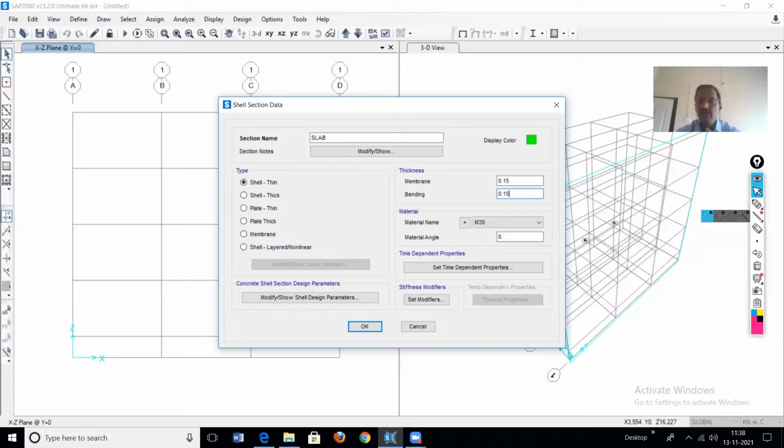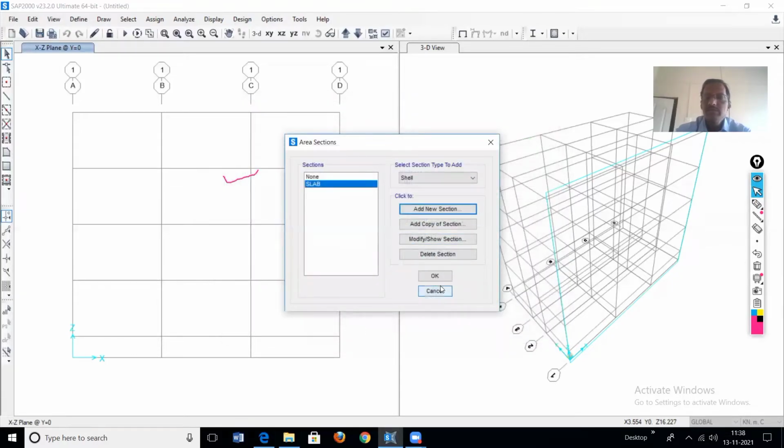For both actions, the thickness will be 150 millimeter, and it is to be defined as a shell thin element. Then decide the material, which is M20 concrete. Then say okay.